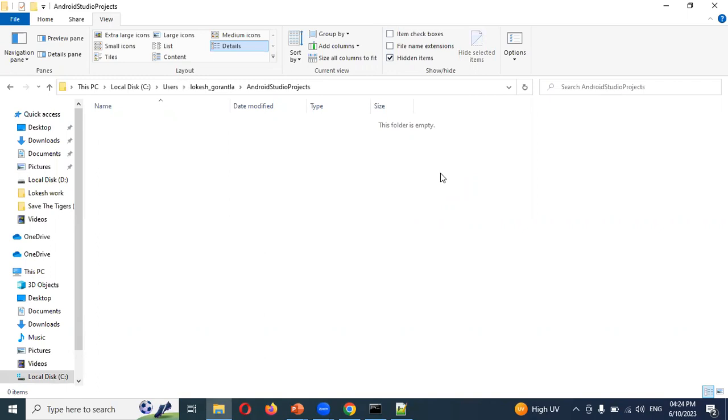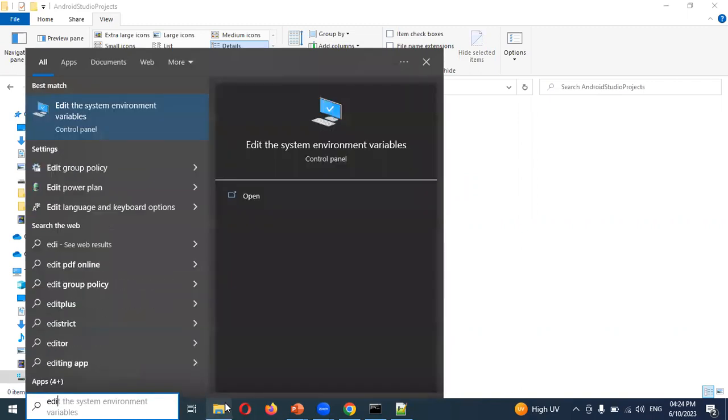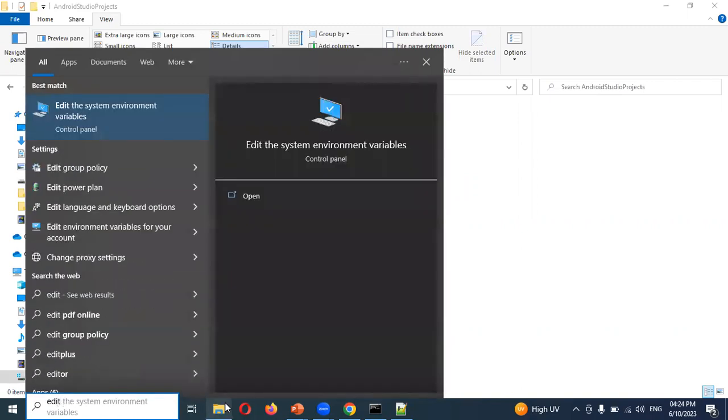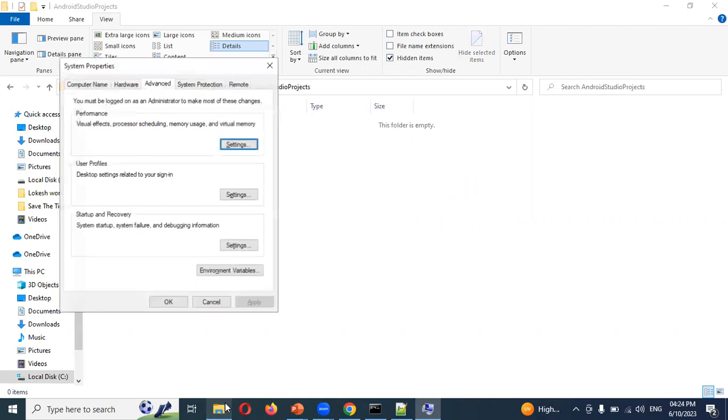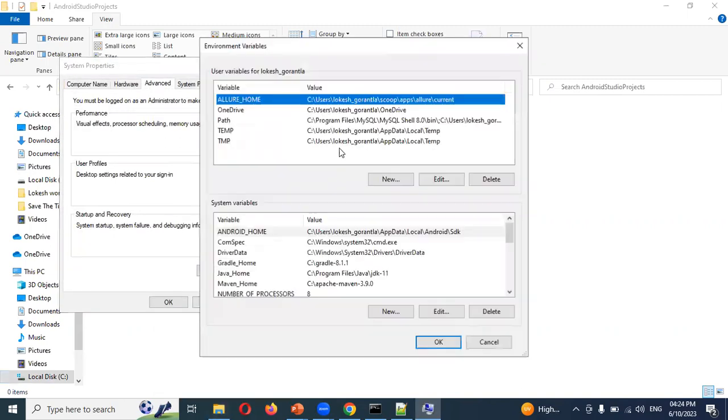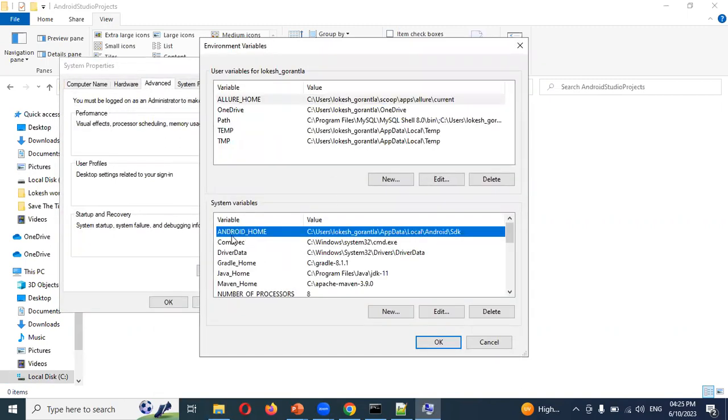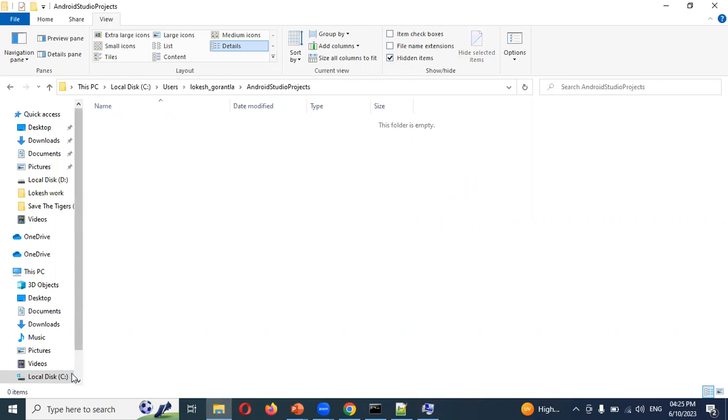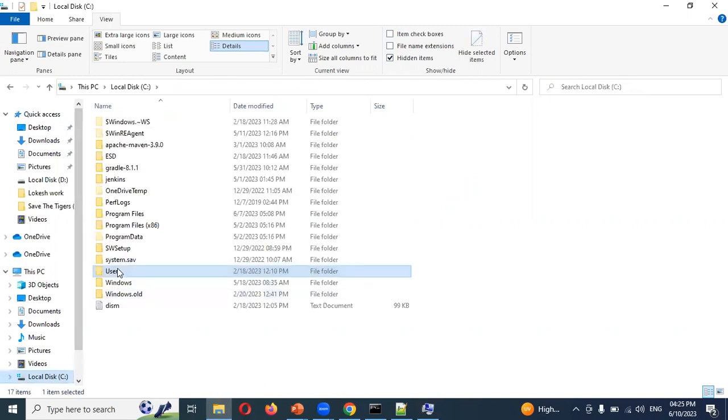our path into our environment variable. How can we set it up? Just edit the system environment variable, enter, and click on variables. Here you need to create Android home, and you need to paste the path where exactly it's presented. How to find it? Just see programs,